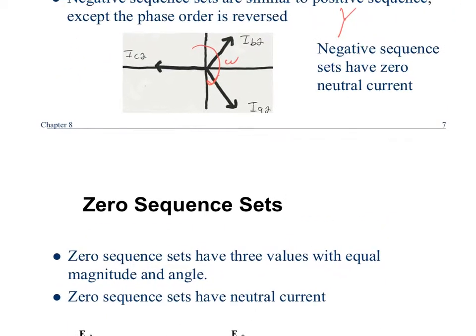Now, just to clarify, that does not mean that positive and negative sequence currents together are balanced. If you have positive and negative sequence representing your original phasors, your original ABC, that means your system is not balanced. We're jumping ahead a little into the next class, but one thing you can do to detect that a system is unbalanced is not to look at phase A and see that it's 1,000 amps, phase B 800 amps, and phase C 1,200 amps. That doesn't matter. You don't look at the magnitudes. You just look at